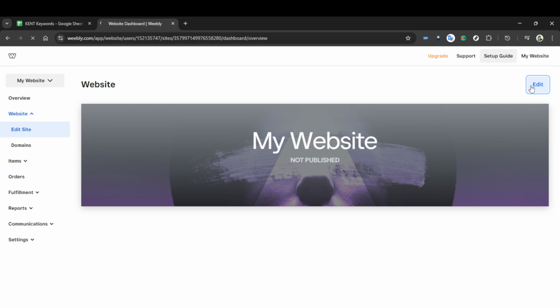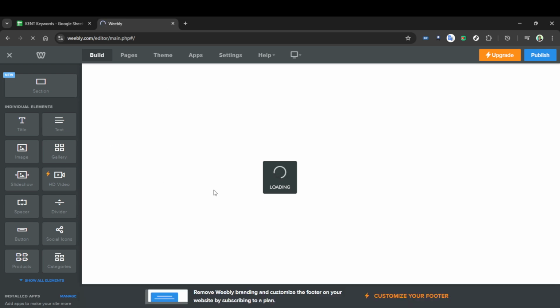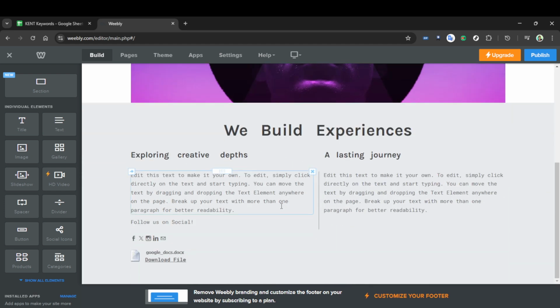This section allows you to customize your website with different elements, one of which is the button element. Now drag and drop the button element onto your page where you want the button to appear. When you place the button on the page, you can see a text box that allows you to customize the text within the button. Click on it to edit and customize your button text to something descriptive, like "Learn more"